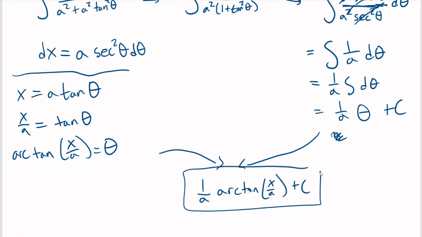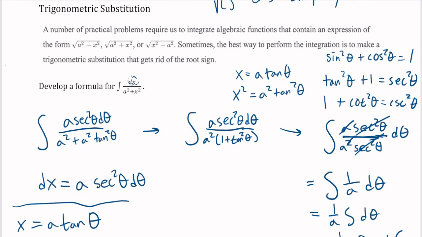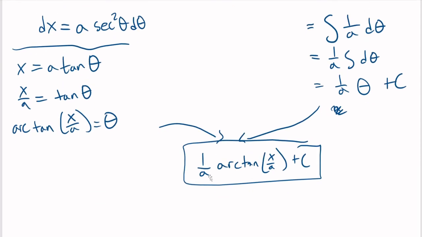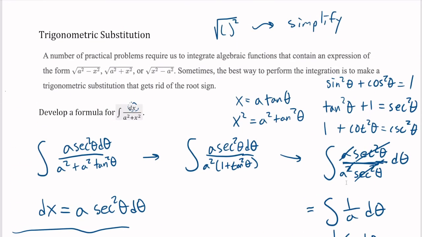Ta-da! There we go. So if you ever see this integral, 1 or whatever number over a squared plus x squared, where a can be any number, you immediately know, oh yeah, the antiderivative of that is 1 over a arctan x over a plus c. All right, so that's trig sub. It's taking in this thing that kind of looks trig-like because they're squares of things, you're adding them, and finding the right substitution of a trig function and the right trig property